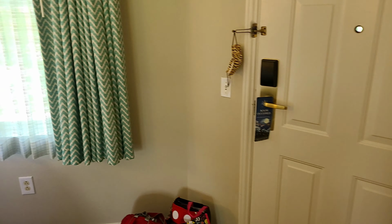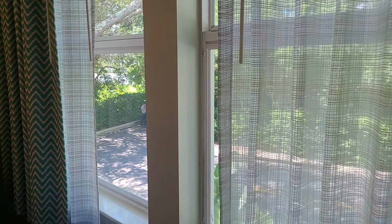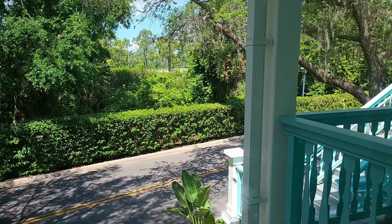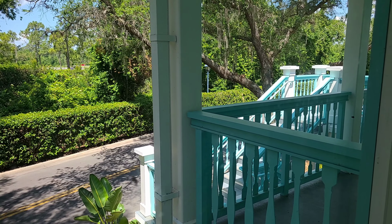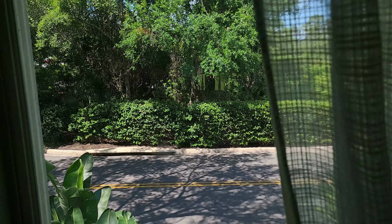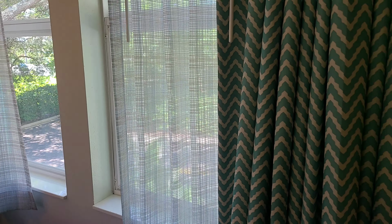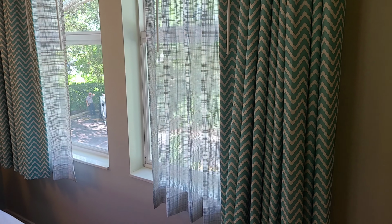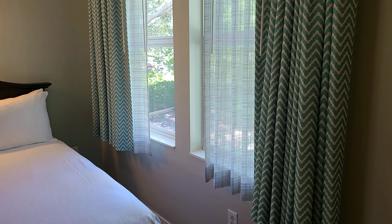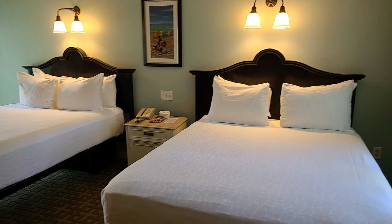We turn this direction, get a nice window. Unfortunately, the view is the parking lot out of this window and just the end of the road. Actually, more than the parking lot, I should say. But that's kind of the nature of this resort. Like I said, most people who stay here, I think the idea is that you would have driven your car. There are parking spaces right outside each room, so it's very convenient for people who are traveling here that way. This room has 2 queen beds,